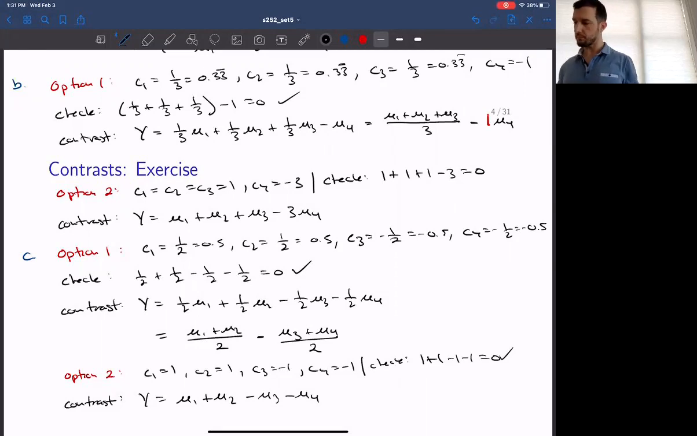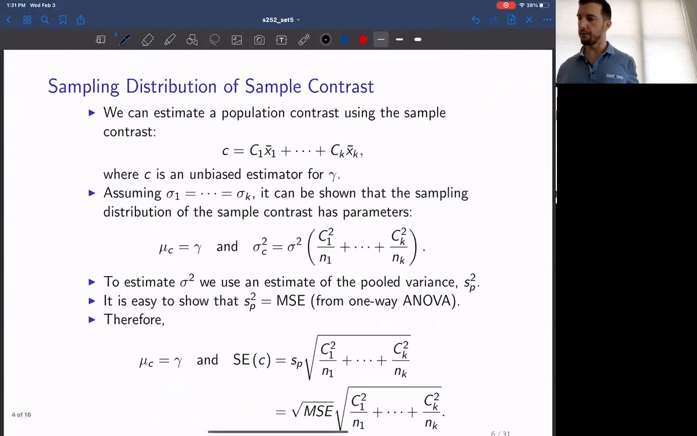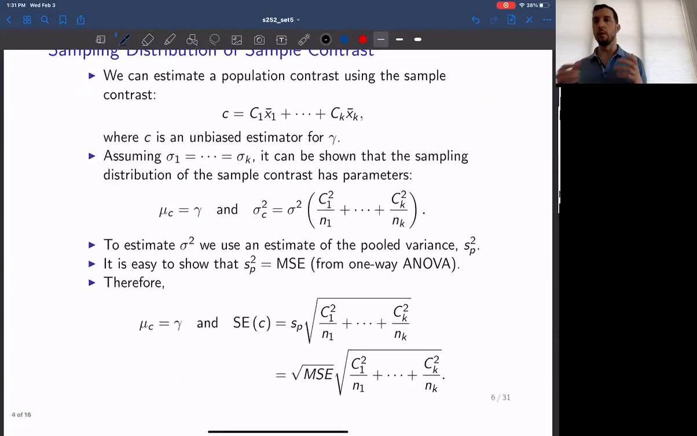Okay. All right, so we've defined the contrast. What can we do with it? Well, basically, we can construct a hypothesis test about the contrast. And this is done by taking our contrast gamma and setting it equal to 0. So we can do all the usual things like,